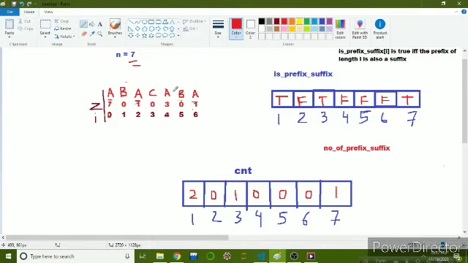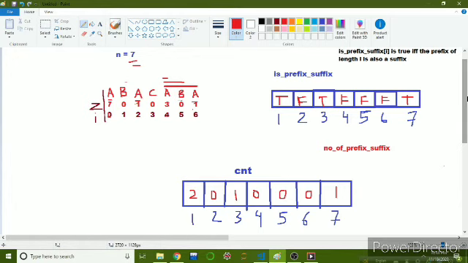So if we have a Z value 3 here, that means starting from this index we also have the prefixes of smaller lengths. So if the prefix of length 3 is present here, then in this substring the prefix of length 2 will be present, and the prefix of length 1 will also be present.